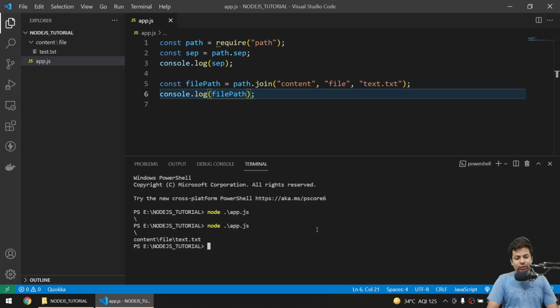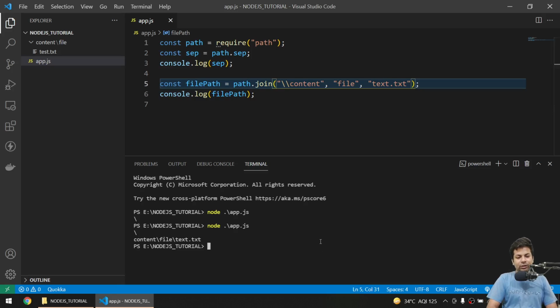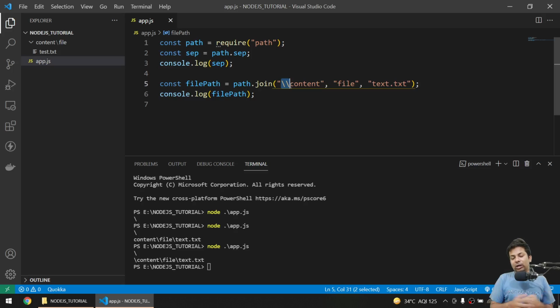Now if I run it, you can see I got your file is in content, backslash file, backslash test.txt. I don't have to write it myself, it is just joining for me. If I put a double slash here, now it's a backslash, then content, then backslash file, then test.txt, because if you are on Linux or Mac you can just do /, but in Windows you have to do it like this. Okay guys,